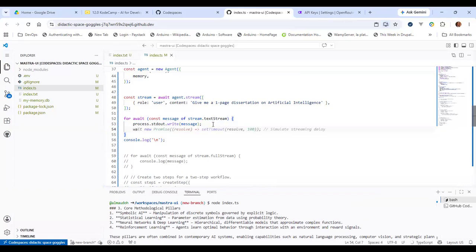Is it wait? Await. Okay, you could do await then, I guess. Yeah, so you do an await, set timeout. This doesn't look correct.